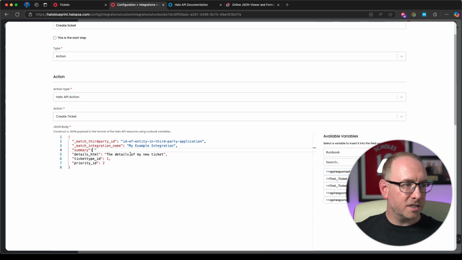We're going to do first ticket summary. Again, doesn't work. So first ticket summary. Finish that with a quotation mark and a comma. And then in here, I'm just going to write